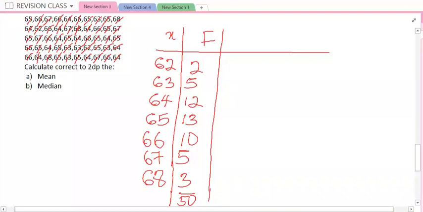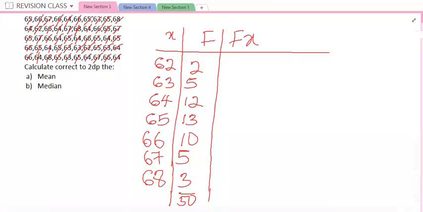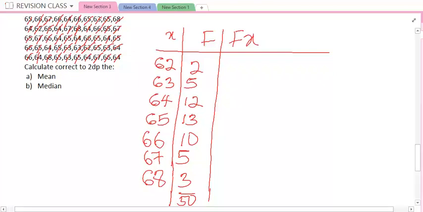So let us now find fx. Fx means you use the data to multiply the frequency. So you have 62 times 2, that will give me 124. You have 63 times 5, that will give me 315. You have 64 times 12, that will give me 768. You have 65 times 13, that will give me